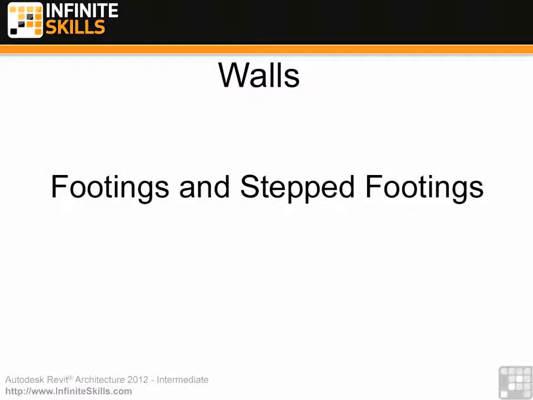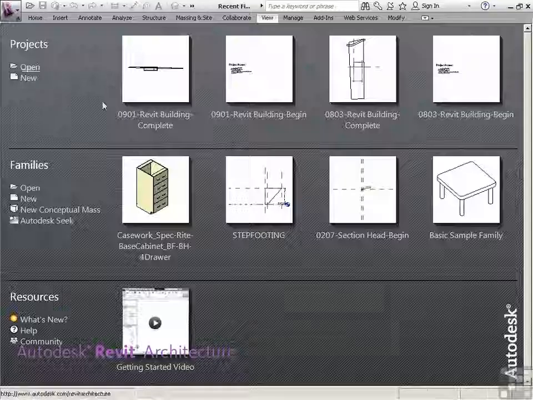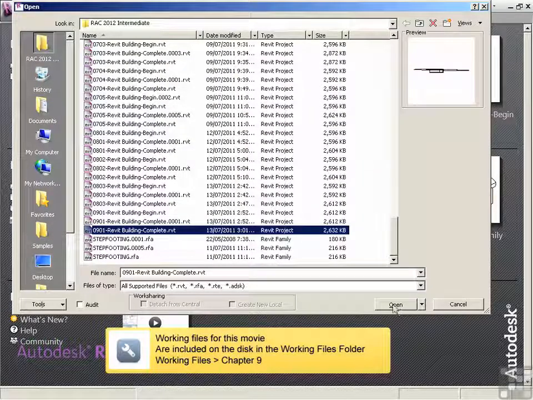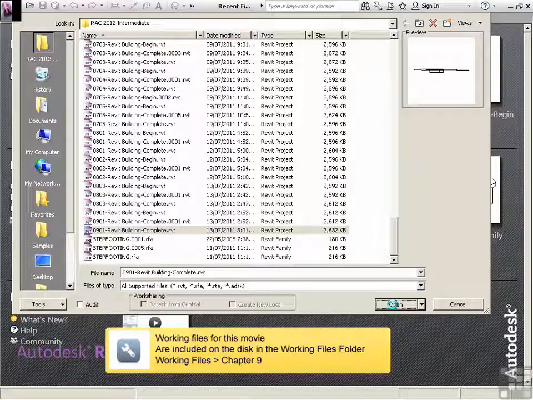So we're continuing at our intermediate look at walls. Now we're going to be looking at footings and step footings. Okay, so starting from this file, 0901,